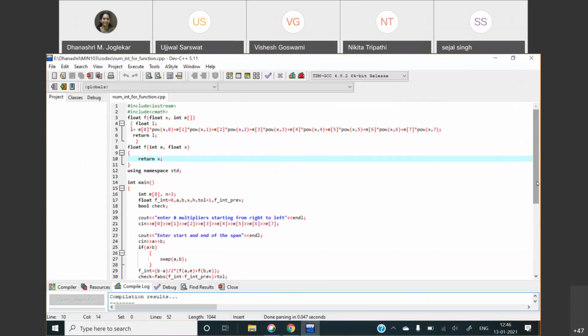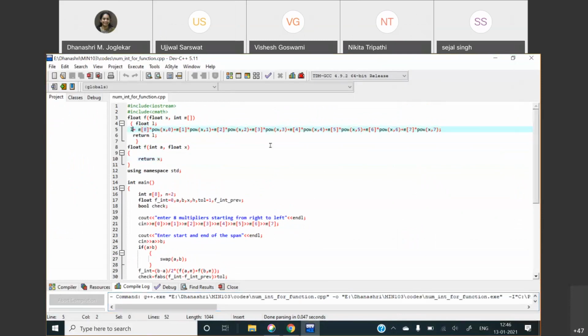Fine. Okay. So now what we'll do is change this one, where we are finding out the value of that function at a certain x location. I want this to be changed. I'll be writing a recursive function for this. I want you to help me find the function value using a recursive function. It is a polynomial function and I am going to evaluate its value using a recursive function.